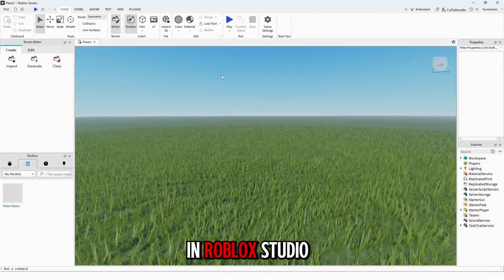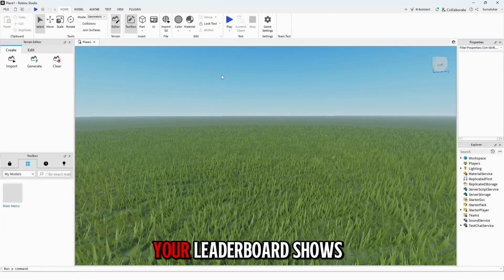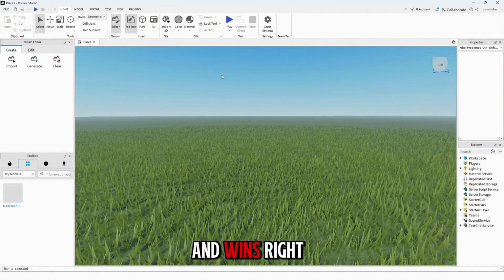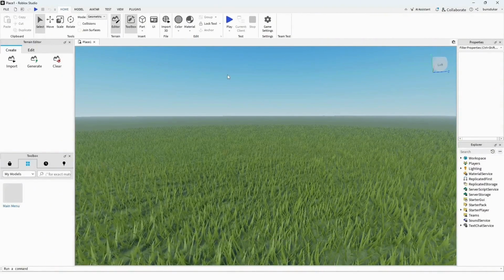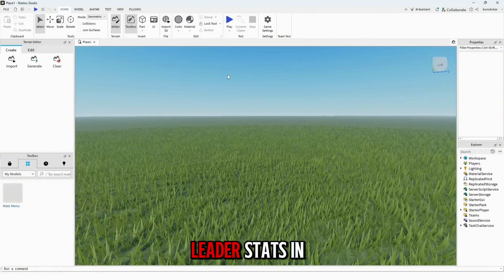Now click play in Roblox Studio, press the tab key and boom, your leaderboard shows up with coins and wins right next to your player name. You have just made your first leader stats. And that's it, you now know how to make leader stats in Roblox